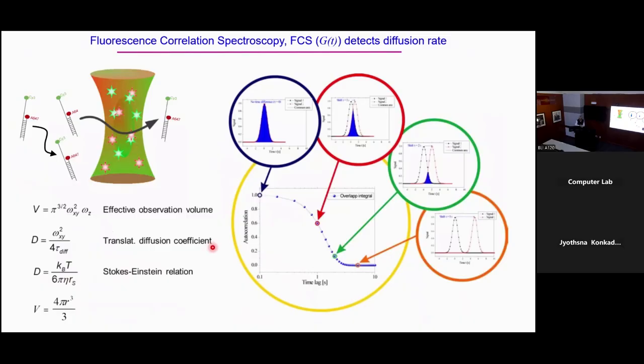Now this is probably something much more familiar to you, but just take a minute on it. We have the pulses of emission from the two fluorophores separately. So this is a cross-correlation, fluorescence cross-correlation spectroscopy of the two colors. And then depending on how long they spend in the detection volume, if in the computer we shift one with respect to the other, and more, depending on how broad this is, this is the time axis,